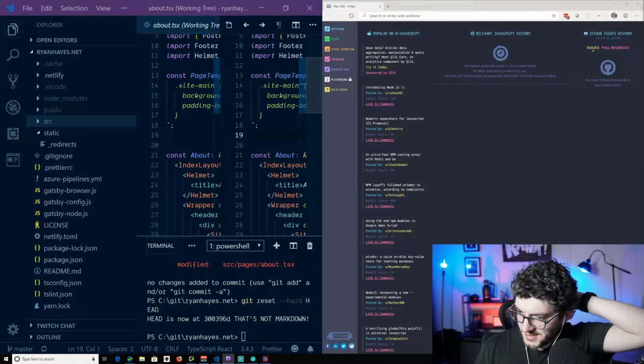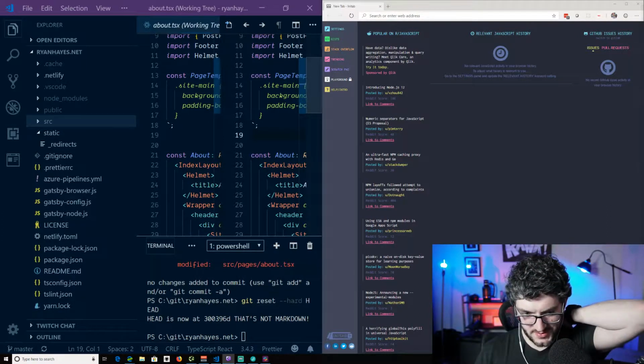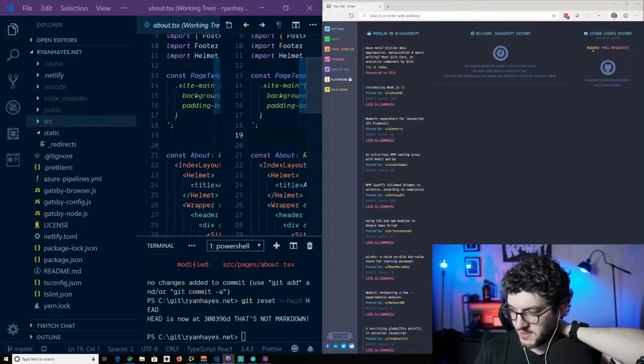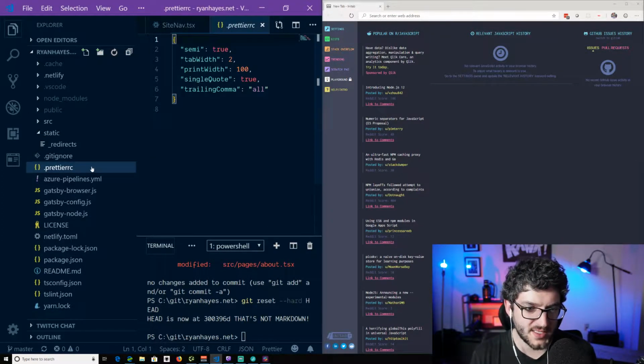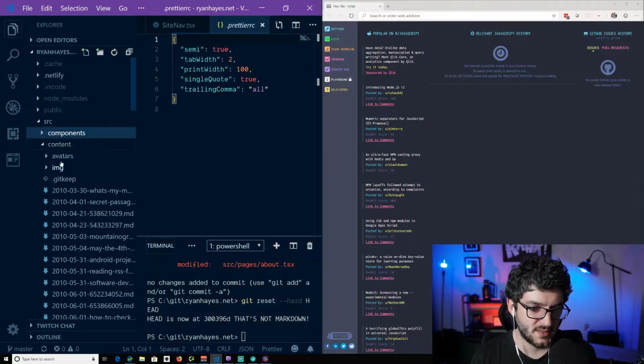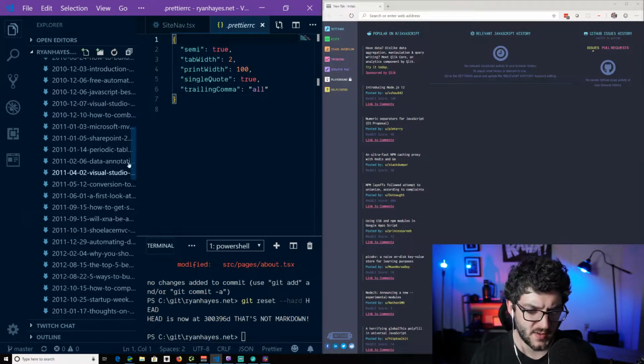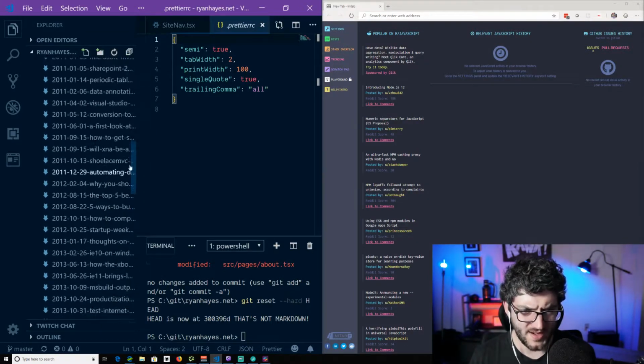So tonight we're going to set up Netlify CMS. I've got my new website ready to go. All of my content I moved over from WordPress, so I've got it over in source and content. All of my markdown is over in my Git repository, but I don't want to have